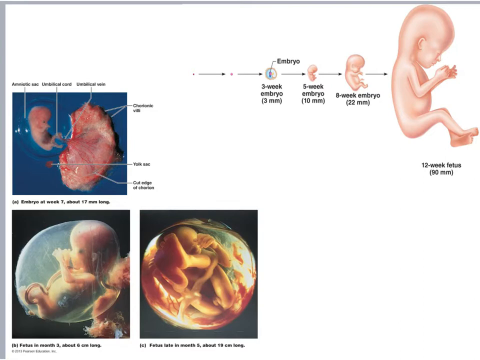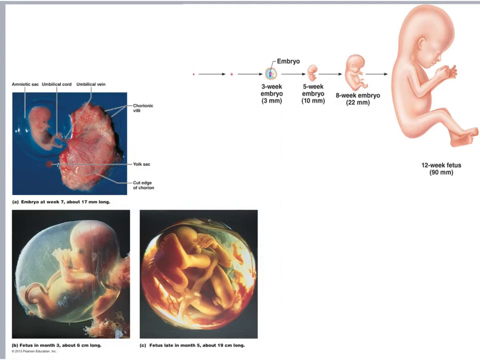And then this begins to develop and becomes an embryo. It starts to divide, and we're going to talk about this in all of the stages of division. This continues to be an embryo until it's about 9 weeks old. And about 9 weeks is the point where we can tell that this developing conceptus is a human. And it's there at 9 weeks that we start calling this organism a fetus. Now we call it a fetus until it's born, and then we either call it an infant or a baby.